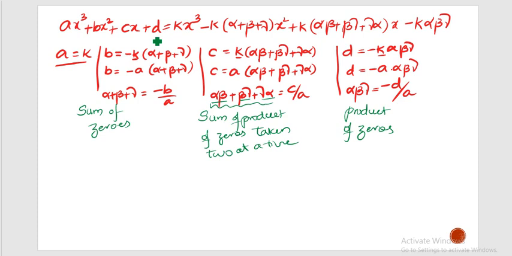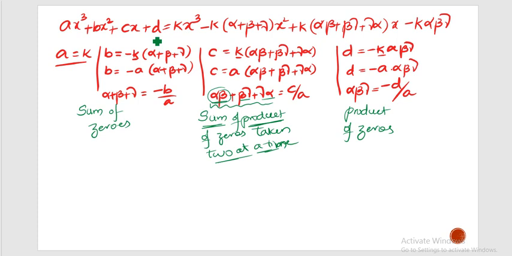So first what is happening here? Product is happening, no? How many zeros is the product taken of? 2 zeros at a time. So we are taking 2 zeros at a time and we are doing the product. For those products we are doing the sum. So that's why we need to read it as sum of product of zeros taken 2 at a time, right? So from this what can I say?